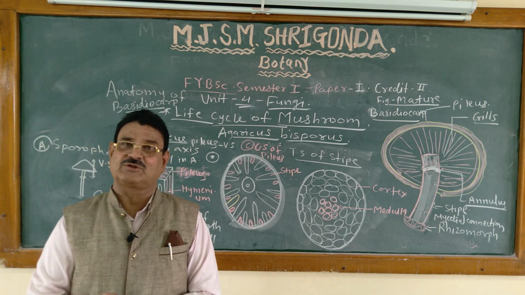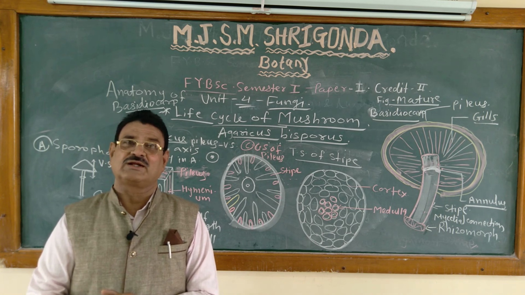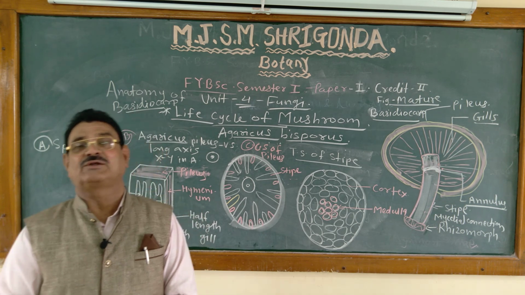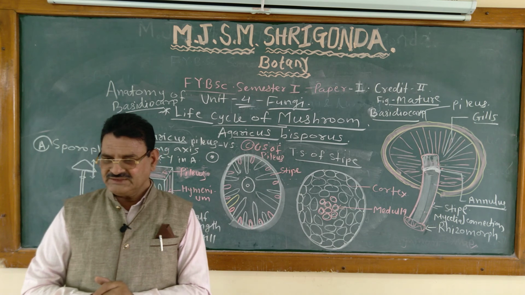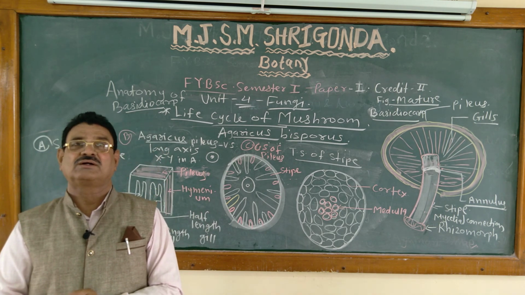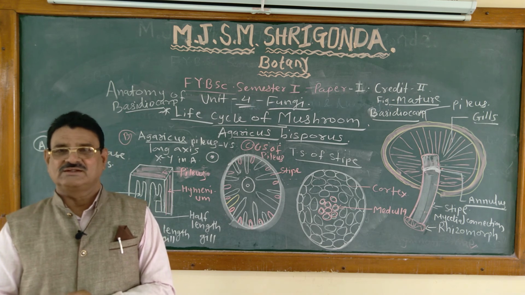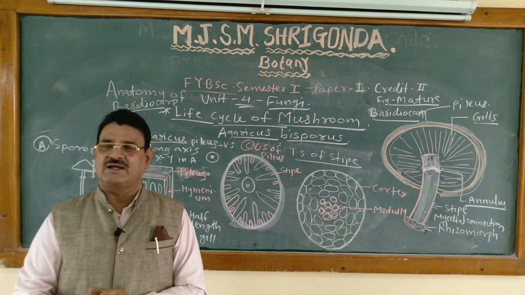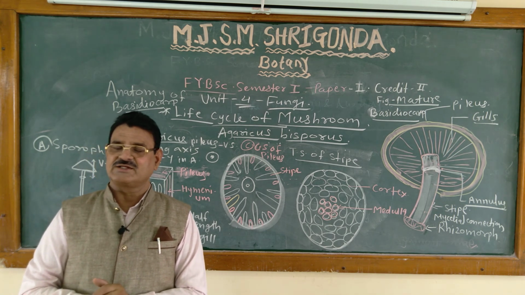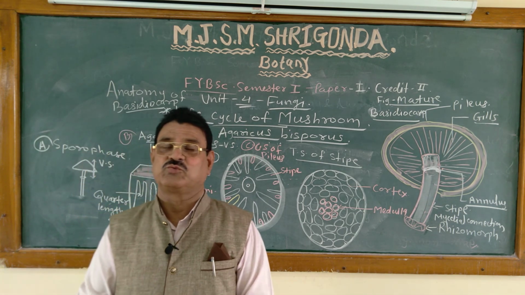That is, the primary mycelium has two positive and two negative strains. These fuse together and form a monokaryotic mycelium. Then the monokaryotic mycelia fuse together and form dikaryotic mycelium. The secondary mycelium develops the fruiting basidiocarps. This is the structure or anatomy of the basidiocarp. Reproduction in Agaricus bisporus, discharge and dispersal of basidiospores, and germination of basidiospores.